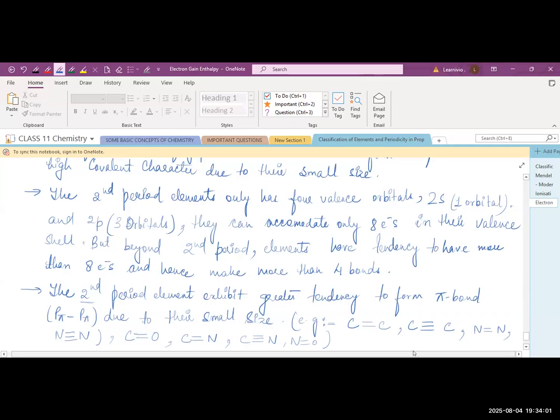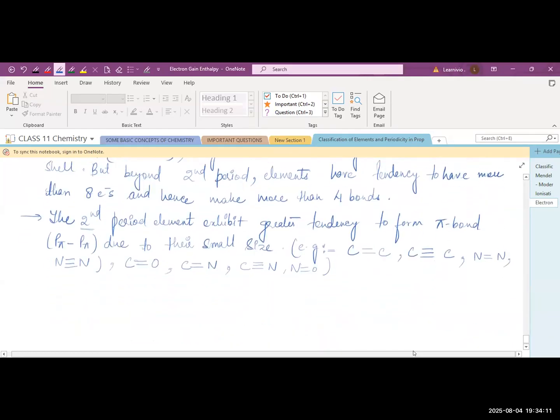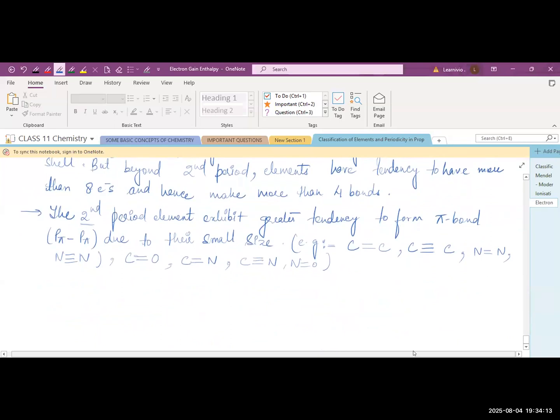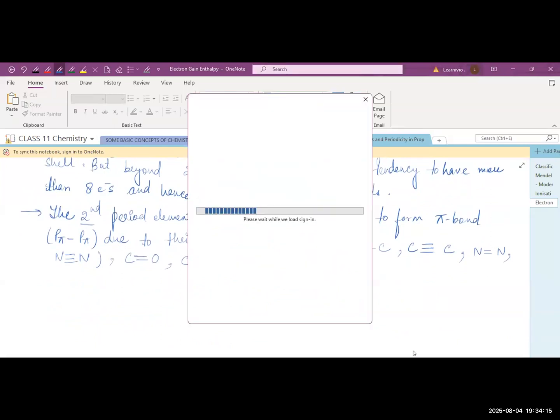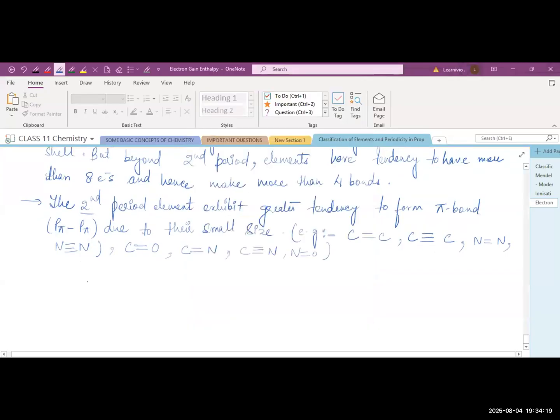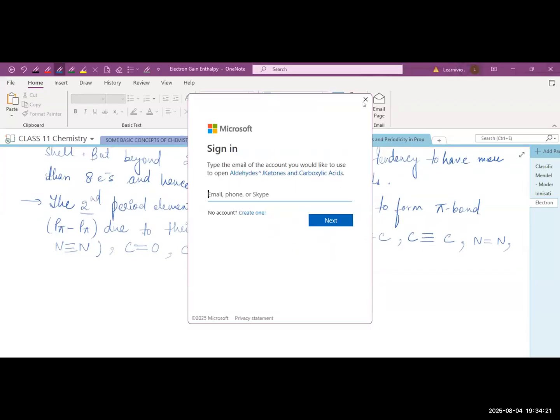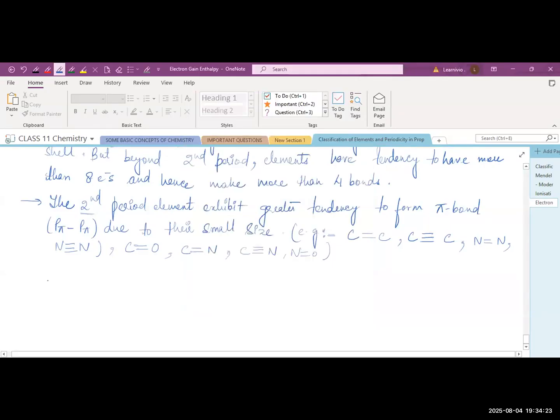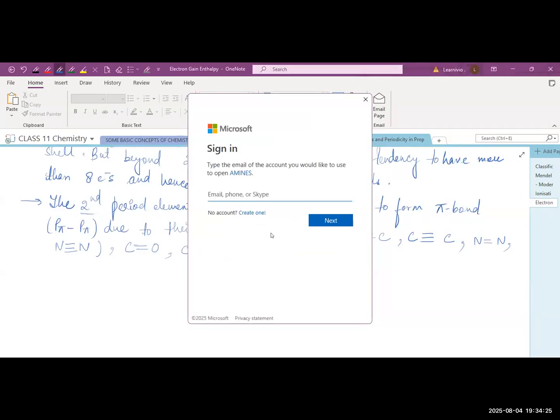So you have to remember the exceptional case and the anomalous behavior of the second period elements, and you can say the first member of each and every group. And basically, if in exams they ask you what the reasons are,